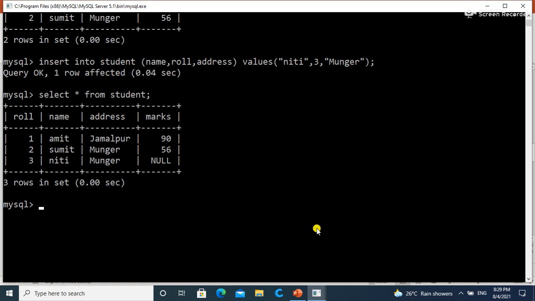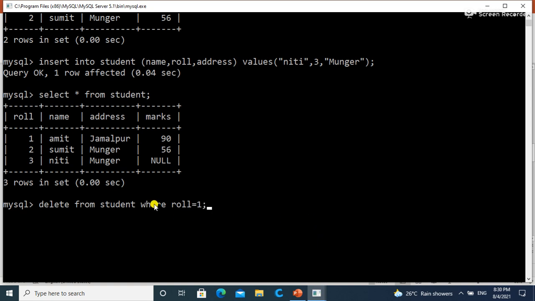Just you can see here the example, delete from student where roll equal to 1.